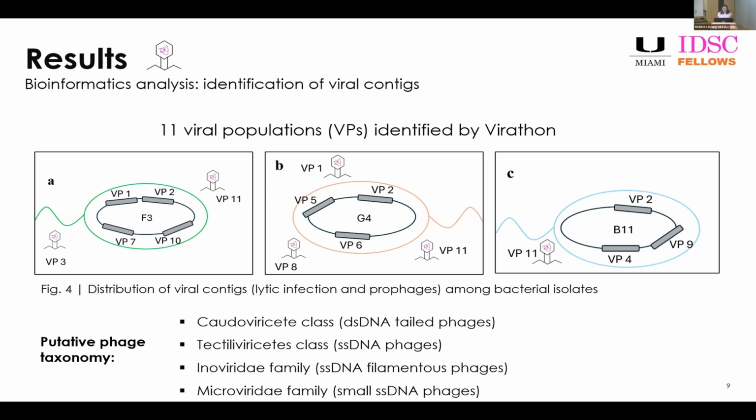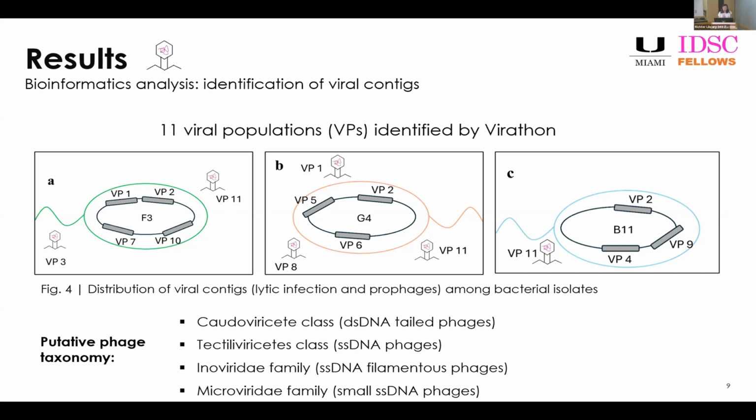And we can see that the virus that belongs to viral population 2 appeared in all 3 bacterial isolates, and also the lytic phage that belongs to viral population 11 appeared among all 3 of them. This is what I'm going to be investigating further, and I'll mention that later. And as for the putative taxonomy of the identified phages, I compared them to the GPD database that had